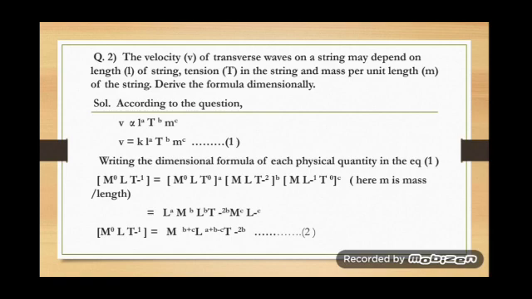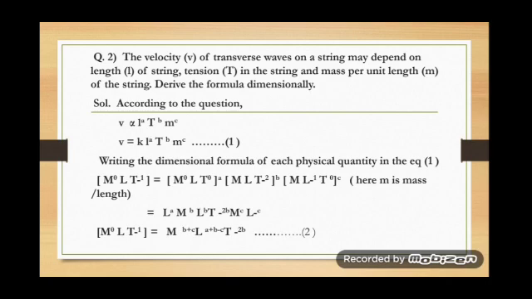Now writing the dimensional formula of each physical quantity, V is M0 L T to the power minus 1. L means length, M0 L T0 to the power a. T here means not the time, it's the tension, that is force. What is the dimensional formula of force? M L T minus 2. Therefore M L T minus 2 to the power b. m doesn't mean mass. Here in the question it is given that m is the mass per unit length. Therefore it will be M by L, that is M L to the power minus 1 T0, to the power